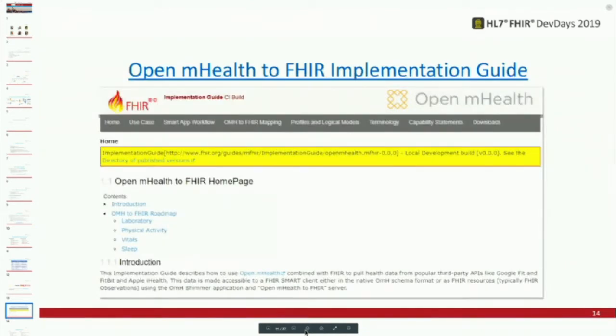Okay, so here's just a splash page, the front page of the OmH to FHIR Implementation Guide. It talks about a couple of things. It talks about our use case, which Simona went over, a smart app workflow. We actually have a little demo that we're going to show later on. And then we talk about the OmH to FHIR mapping, and I'm going to talk a little bit about that right now, where we try to take the schemas and